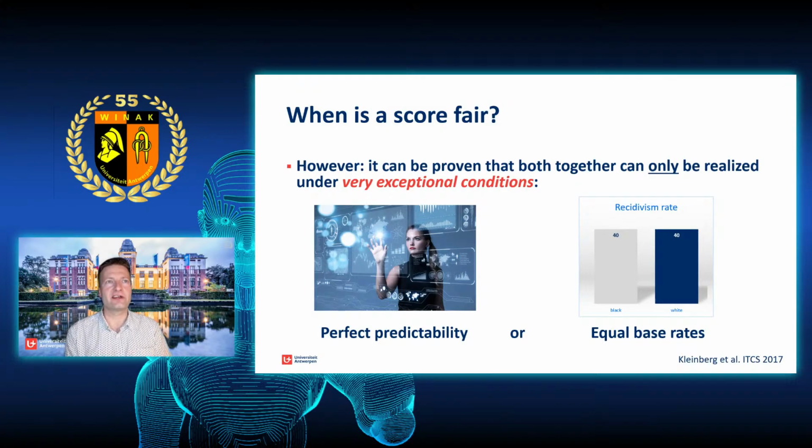Yes, and that's indeed a way to solve it: to divide your space into regions, into profiles, such that the base rates for all sensitive groups are equal within the groups. That's definitely a solution, but then you should be able to define these profiles based on attributes that we call explainable attributes. Let's say, for instance, it's about getting a loan or not, and the sensitive attribute is the gender of a person. There we see unequal base rates, and maybe females are less likely to repay a loan than males, let's say.